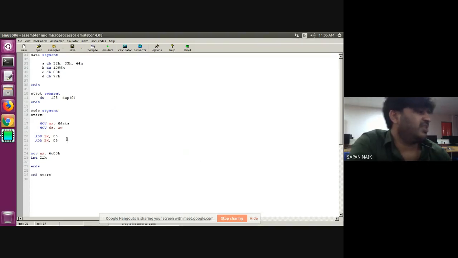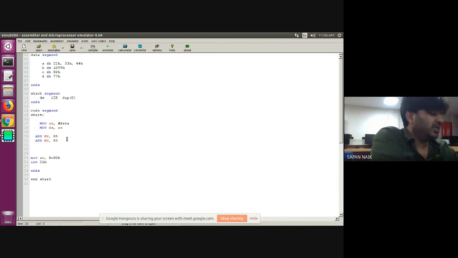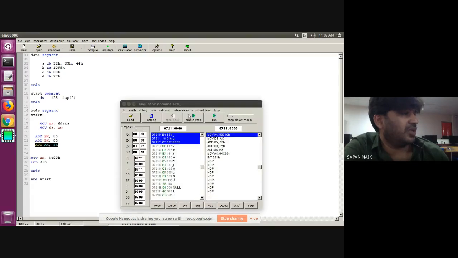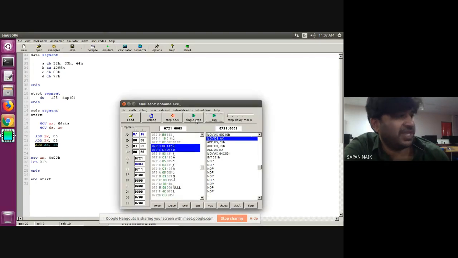So what is the ADD instruction doing? The ADD instruction will add the numbers and store the answer into the first register that you are writing. So currently, if I write like this, my BX will be added into AX and my answer will be stored in AX. Okay, single step. My AX is containing 0710.